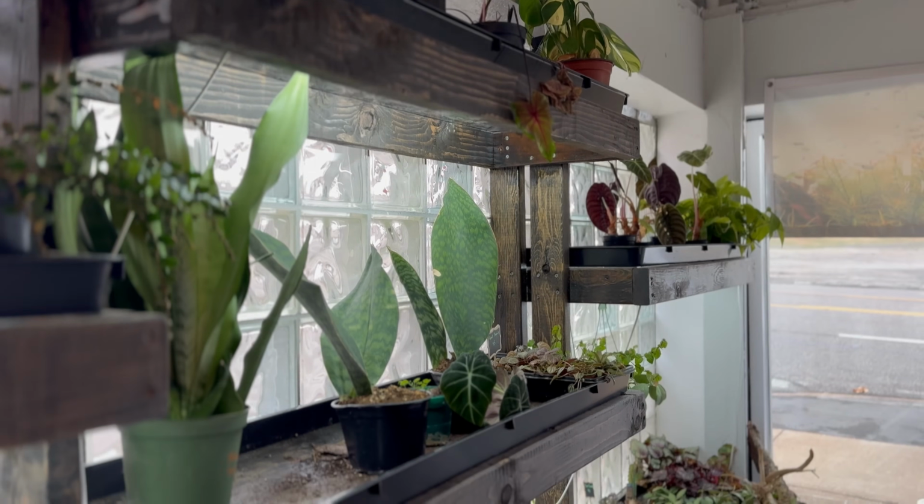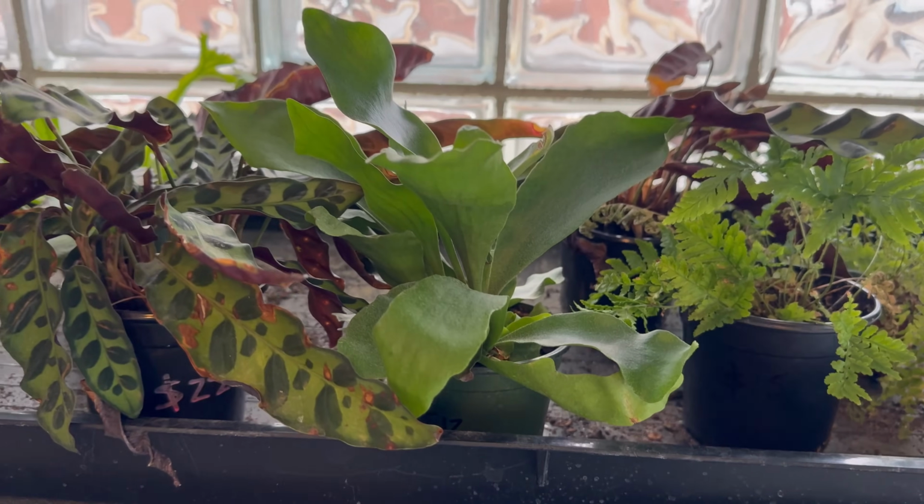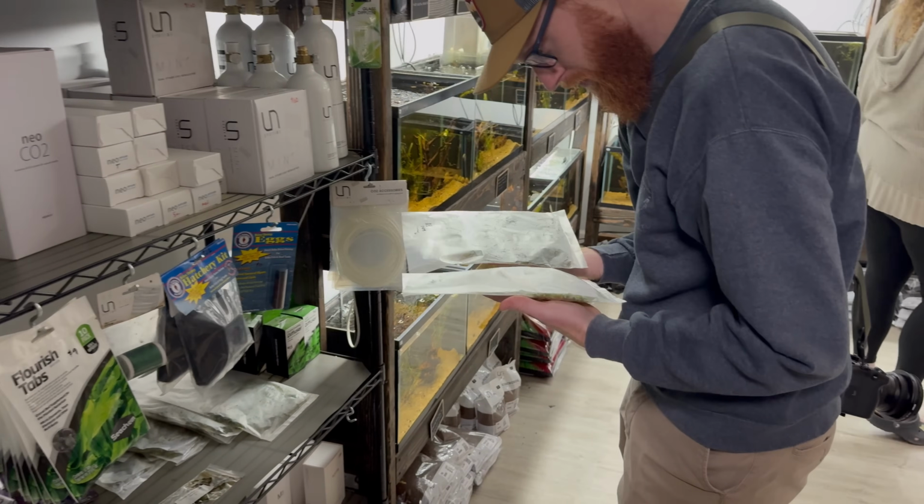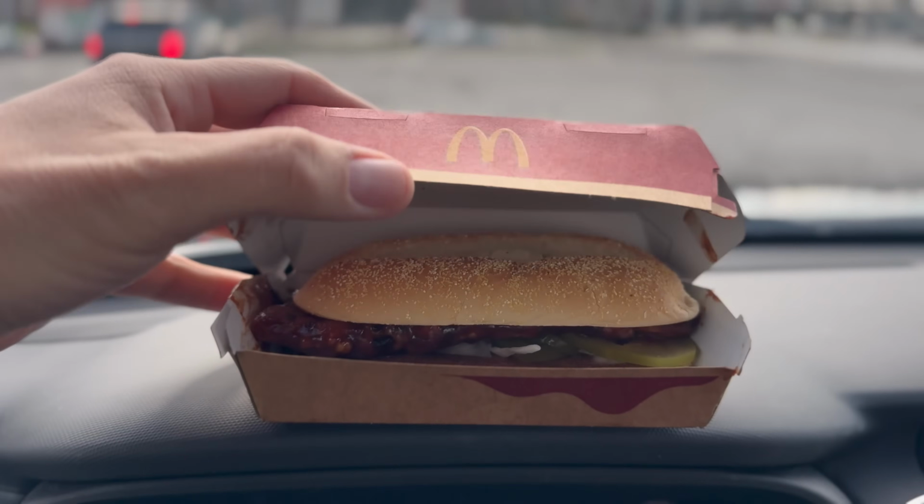Gotta buy something, right? So I ended up with this staghorn fern, and Tyler got some moss for his terrarium. We had to break for some sustenance, and the McRib is back, so